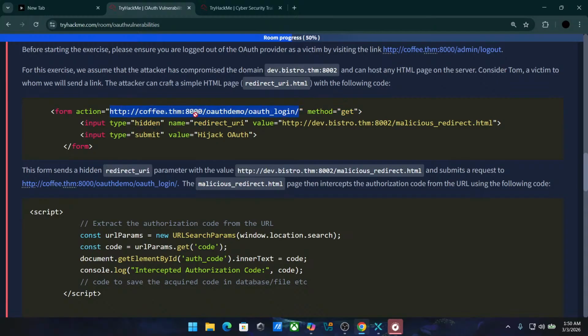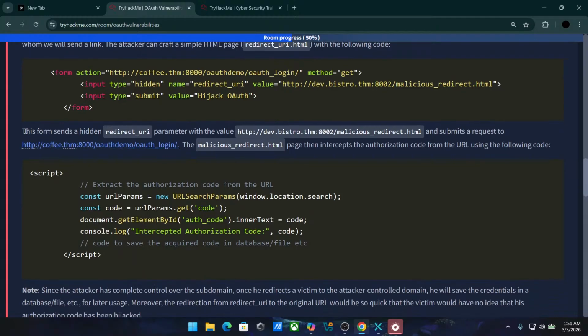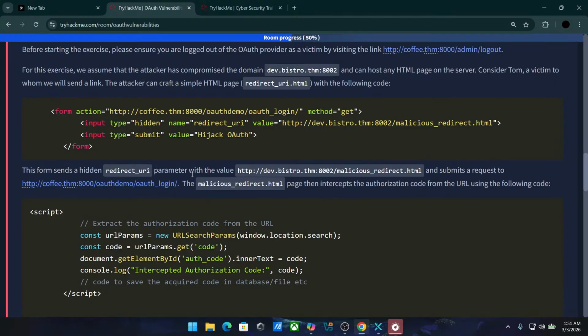HTTP coffee THM 8000 auth demo auth login. Method get, input type hidden, name redirect URI, value... input submit, value hijack auth. This form sends a hidden redirect URI parameter with the value this one and submits a request to